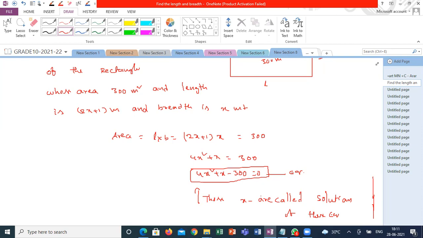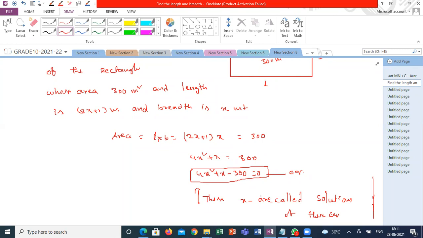Sir, how is it possible? I can substitute 0, 1, 2, 3, 4 and all. How do we identify how many solutions this particular equation has? Sir, can you repeat once more? See here, if I want to solve these equations, one method is to substitute each and every value of x, that x is equal to 1, x is equal to 2, x is equal to 3, like that. But how many values can you substitute? It is not possible to substitute n number of values, correct?